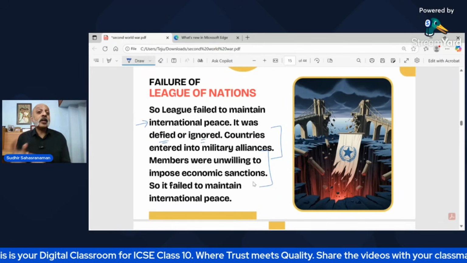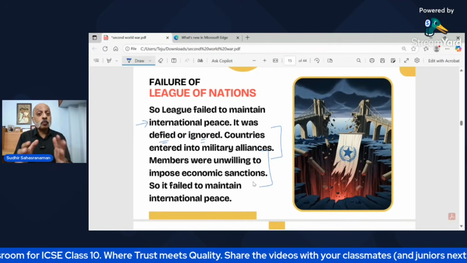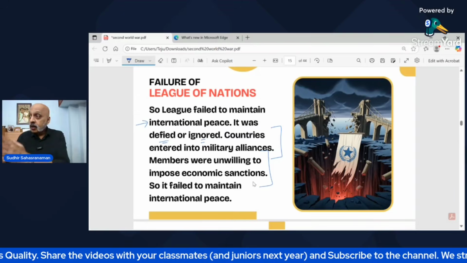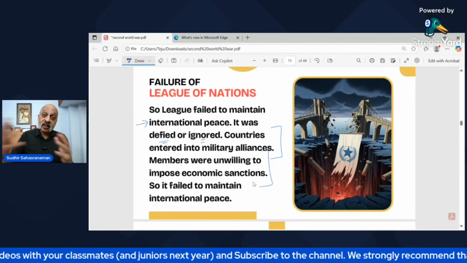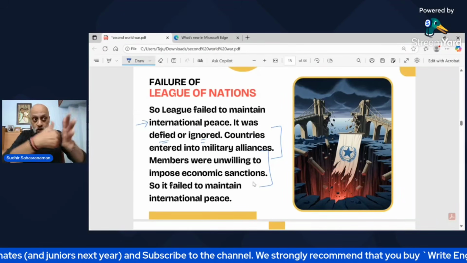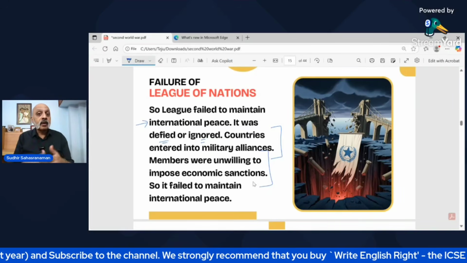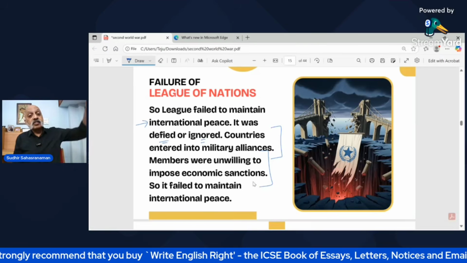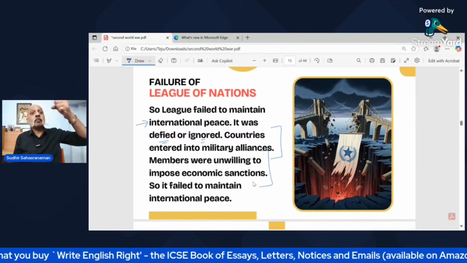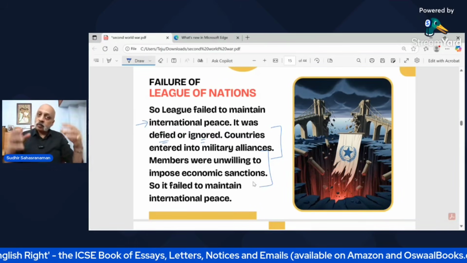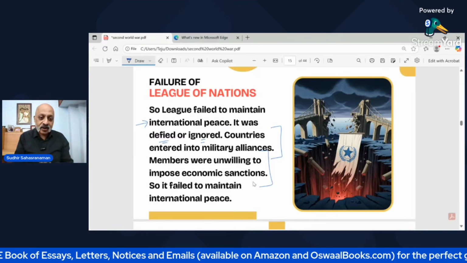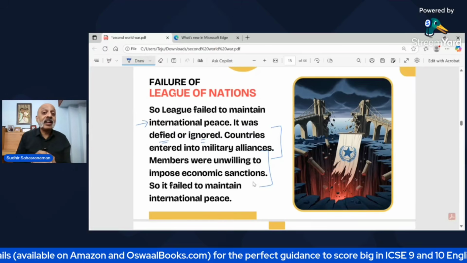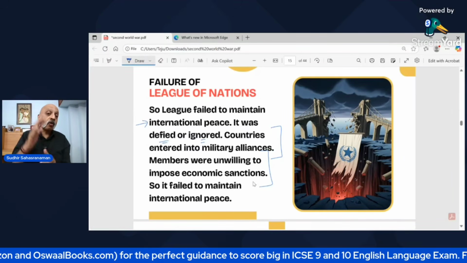How many of you agree that the United Nations is repeating the League of Nations? Most people believe so, because right now the Russia-Ukraine war has been happening, Israel-Hamas is happening, Israel and Iran, USA, Israel and Iran happened. The United Nations is simply unable to do anything. It is President Trump who is trying to maintain world peace, but that's another story in itself, right? So international peace at that time, the League of Nations was finding it very difficult to maintain. So that was the failure of the League of Nations.